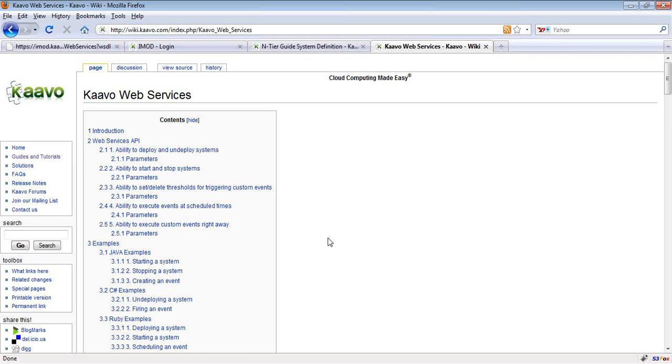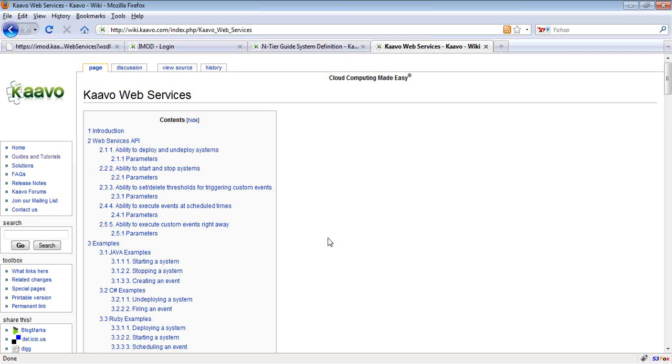iMod is a web portal and is accessible through a web browser. But if you want to programmatically interact with iMod by developing your own client programs, you can do that by using Kavo Web Services. Kavo's web services are accessed by the SOAP protocol, that is the Simple Object Access Protocol. It uses document literal wrapped style, and it is WS-I compliant. So far, we have exposed some key functionalities of Kavo's iMod application through Kavo Web Services, but we will keep adding more to it in future.